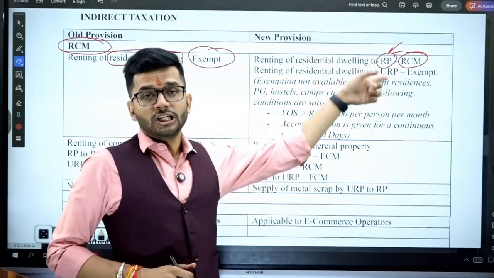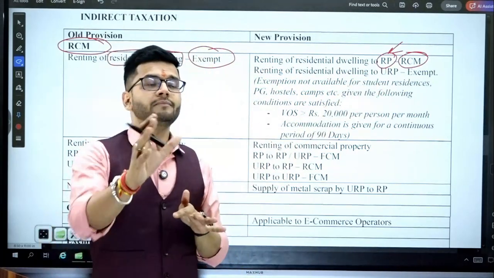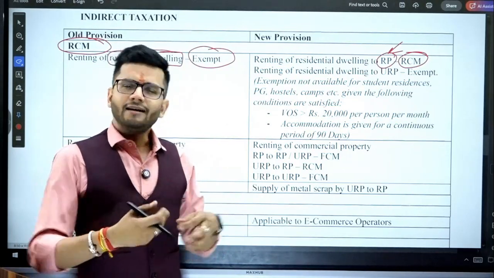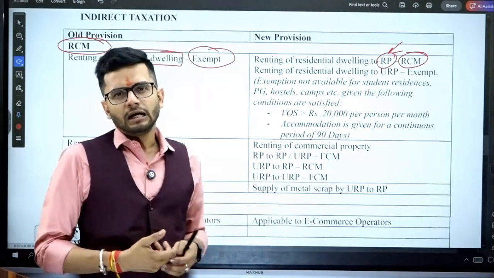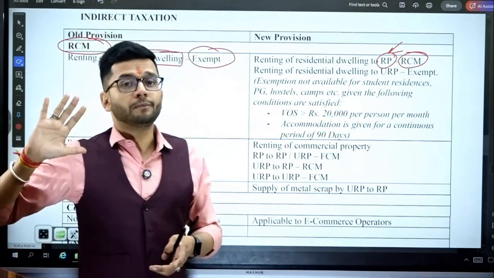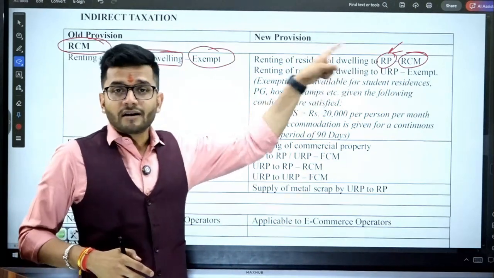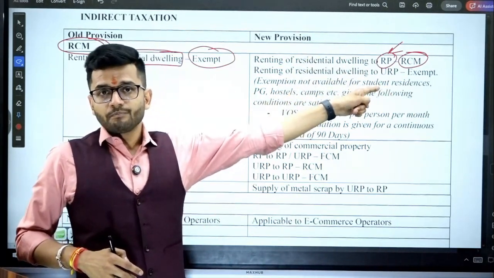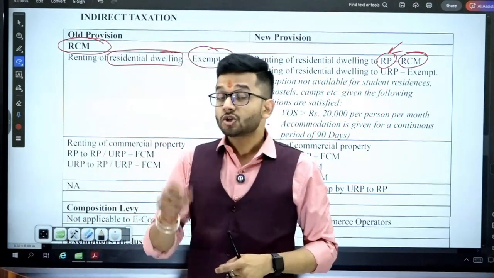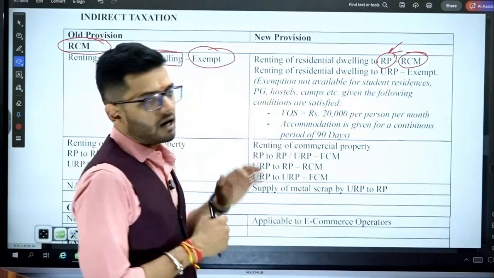They should pay the GST for sure, because the benefit of exemption was aimed at family people who are taking a home on rent, doing some job and just paying rent and living over there. So exemption was aimed towards those people. So it was necessary to carve out registered persons, who have already taken registration under the GST Act. Those who are registered should pay GST under the RCM provision. So they have to pay GST under the RCM provision.